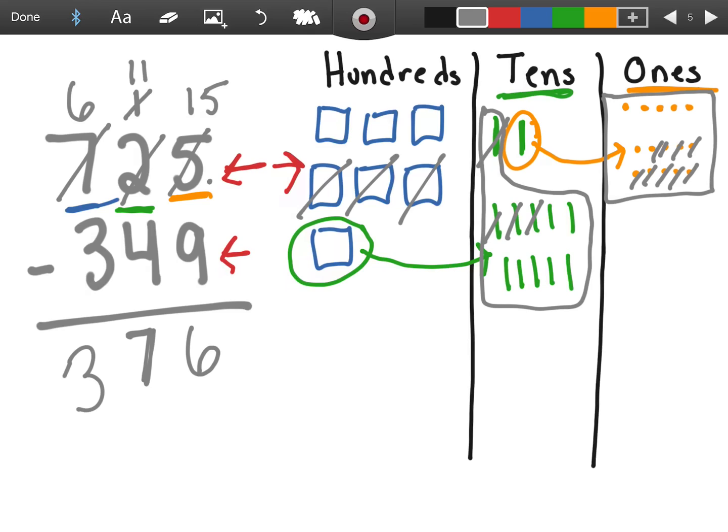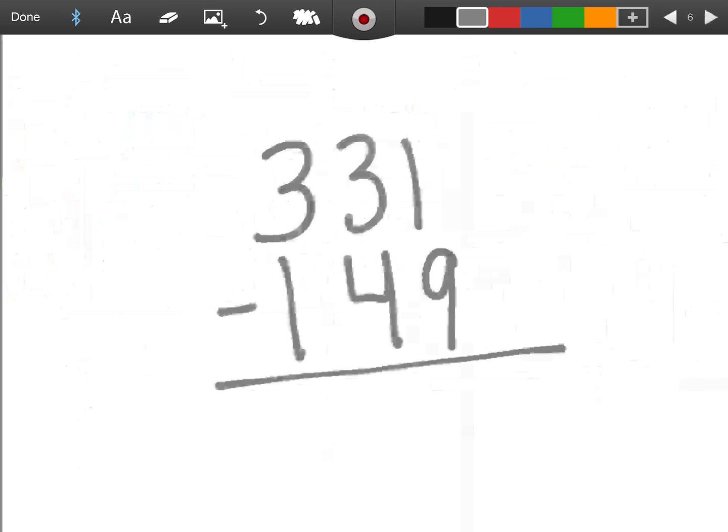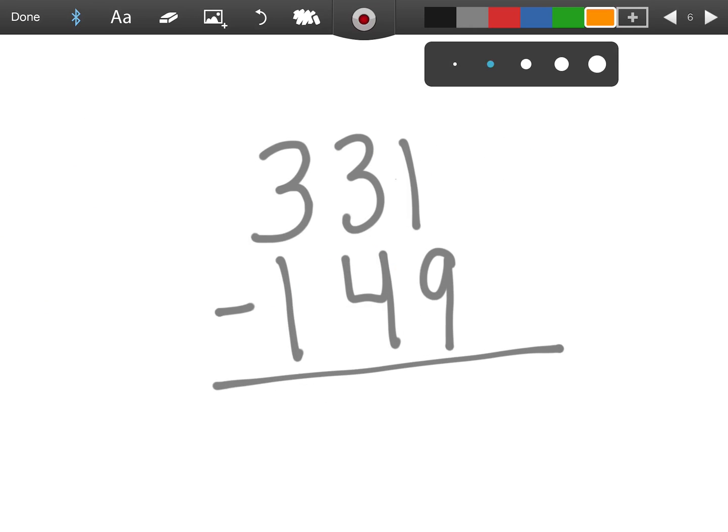You're always going to start in the ones place, and then move on over to the tens, and then move on over to the hundreds. Let's try this one last problem together before we start our own work. So this one, we're not going to draw the chart. We're just going to do